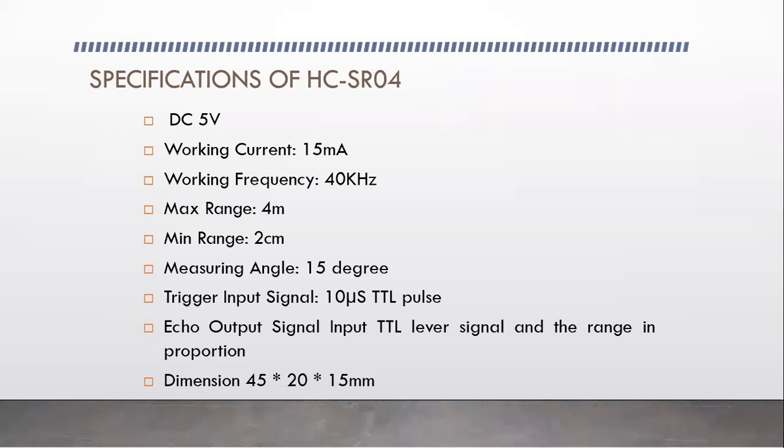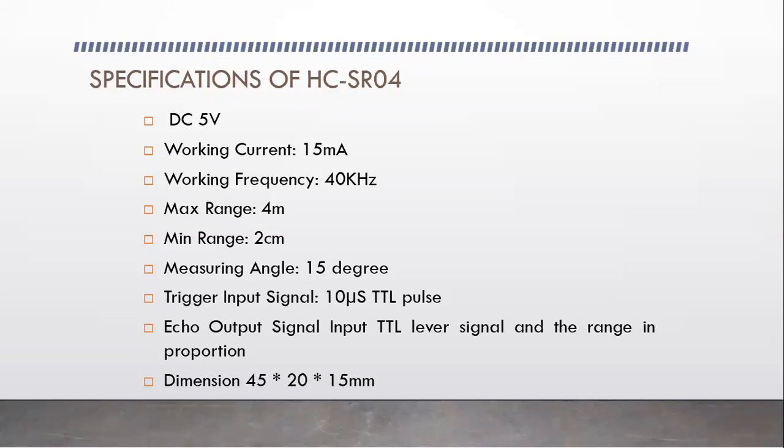If the maximum operating voltage of a module is 3 volts, but you give 5 volts, that would simply burn or damage the board, right? For that purpose, you need to make sure you have read the specifications before working with that sensor. The operating voltage of this ultrasonic sensor is 5 volts. If you give less than 5 volts, your sensor wouldn't work, and if you give more than this voltage, your sensor might get damaged.